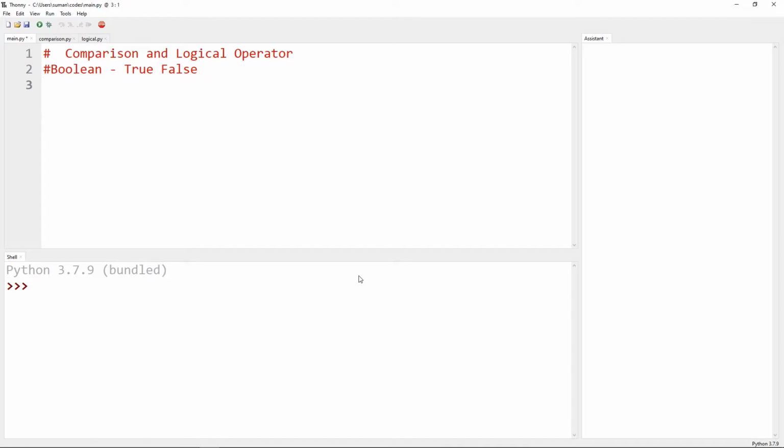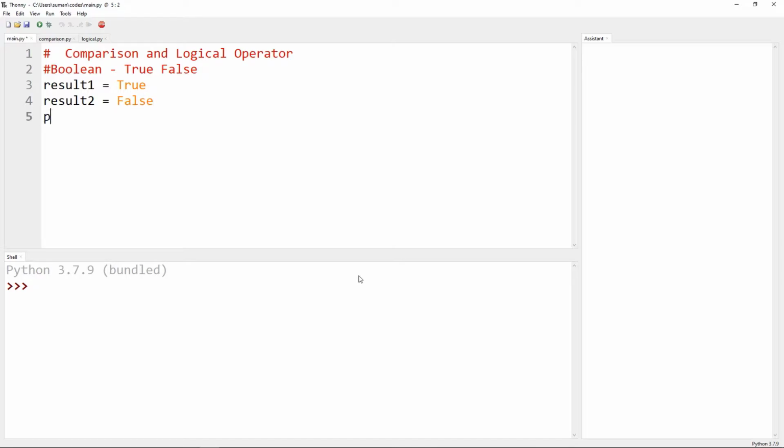So let's check a code. Suppose we have a variable that is result 1 and that one we have assigned as true. We have a second variable that is result 2 and we have assigned the value as false.